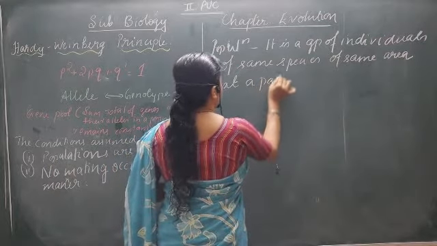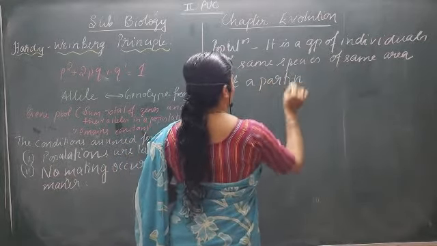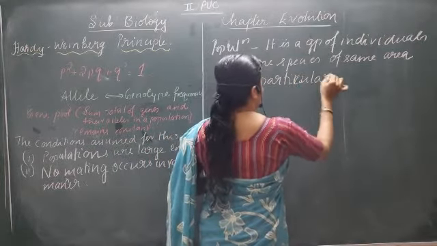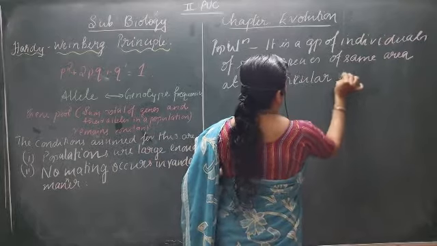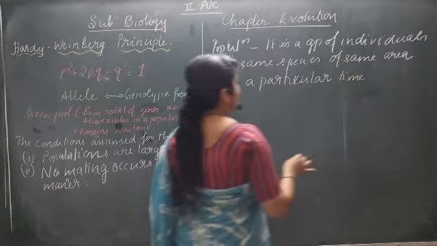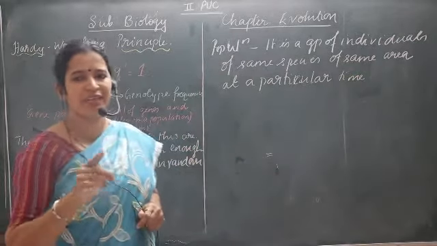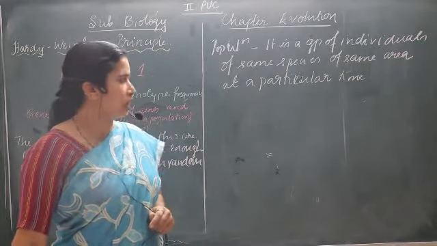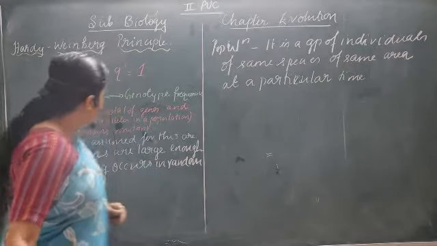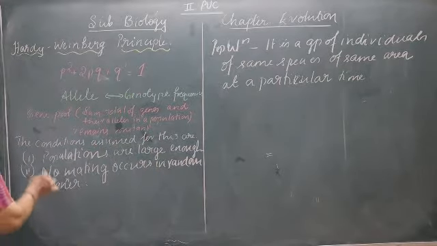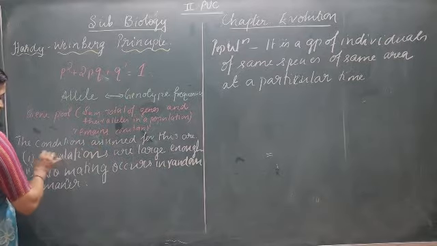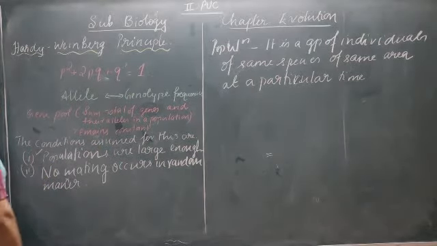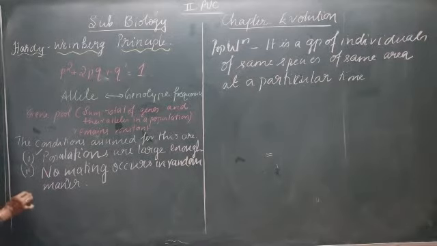At a particular time, what is the number of a tiger species? What is the number of a lion species? Or what is the number of a particular insect of the same species? Only then can we say it is a population of that insect, a population of tiger. So that is what population means. Second condition, we'll come back to this. The conditions assumed for this are that the populations are large enough, and that no mating occurs in a random manner, and